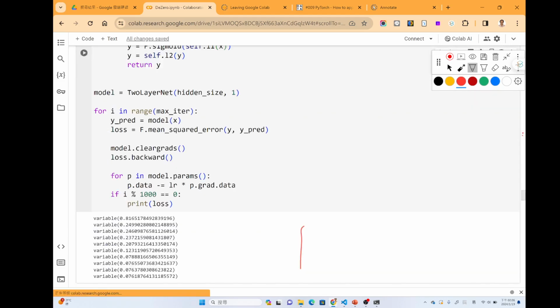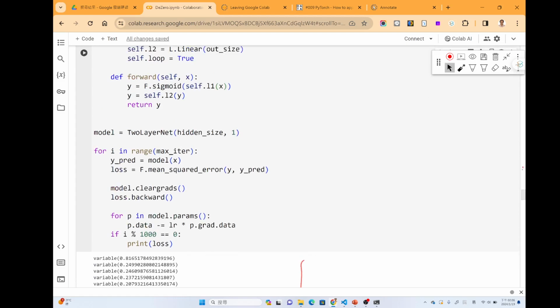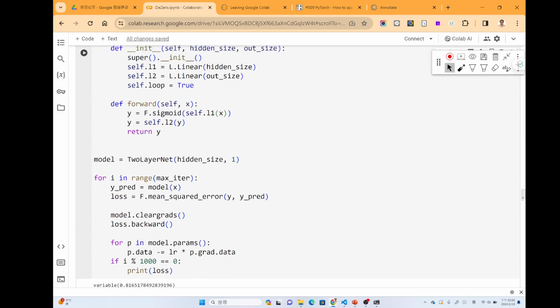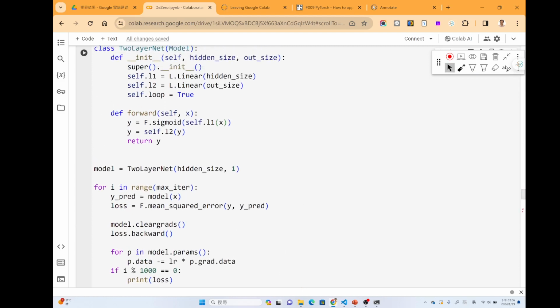Then once we have the models, we can do the same thing here. First we do the forward pass, and then we calculate the loss function.